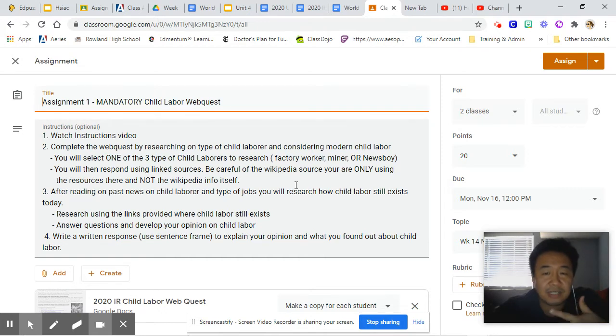There's actually a popular musical called Newsies, and it's a little bit about how they stage a riot. They're also called Newsies or newsboys. So you'll be looking at these links, and I'm going to be talking about certain things about this. We're also going to be talking a little bit about a Wikipedia source that's linked here. You just have to be careful with it. Don't use the Wikipedia itself. You're going to be losing the references, and I'm going to show you how to do that.